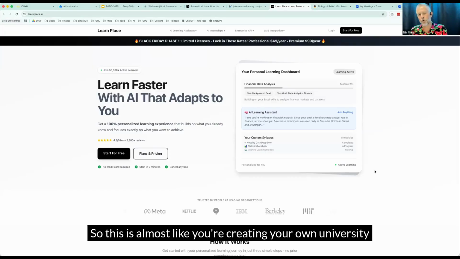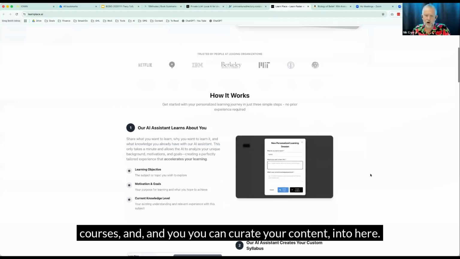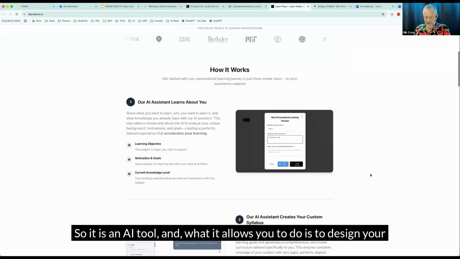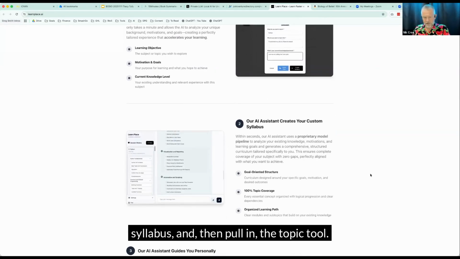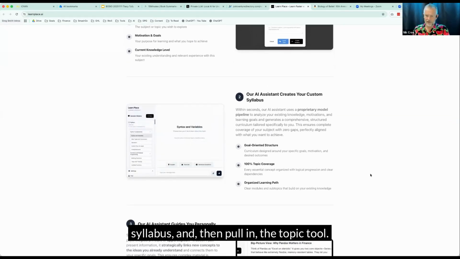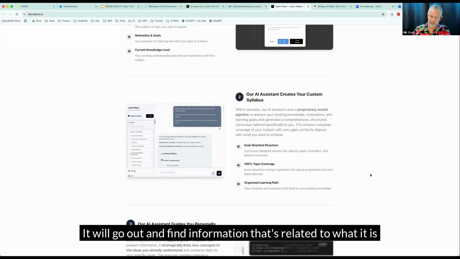That's what this is. So this is almost like creating your own university courses, and you can curate your content into here. It is an AI tool, and what it allows you to do is design your syllabus and then pull in the topics, or it will go out and find information that's related to what it is that you want to learn.